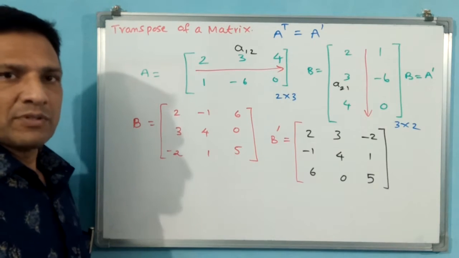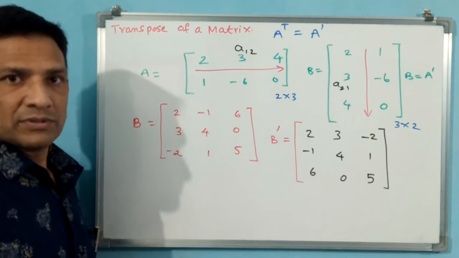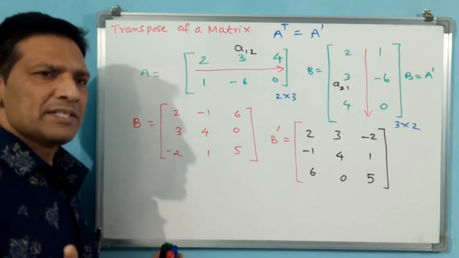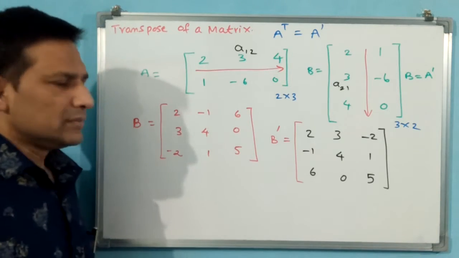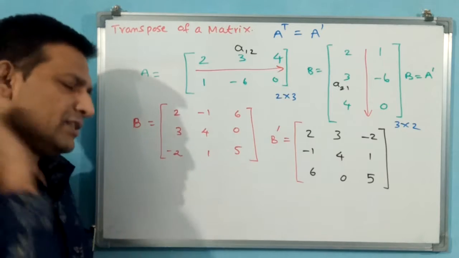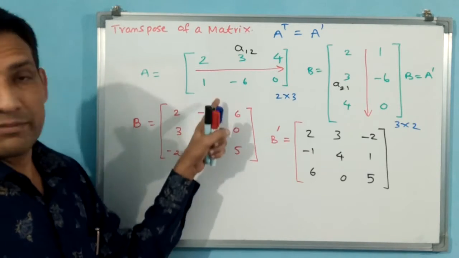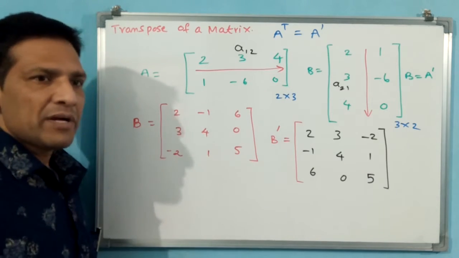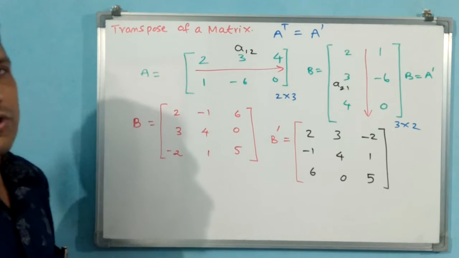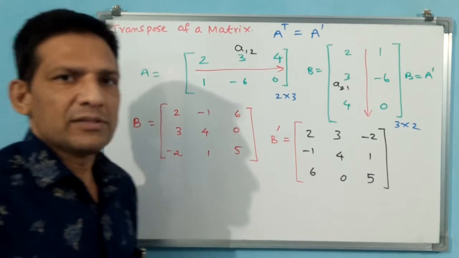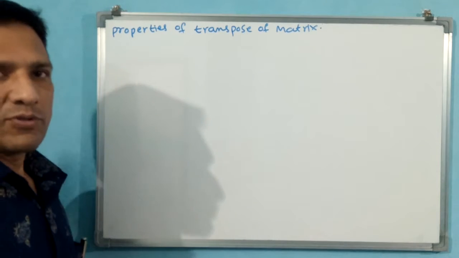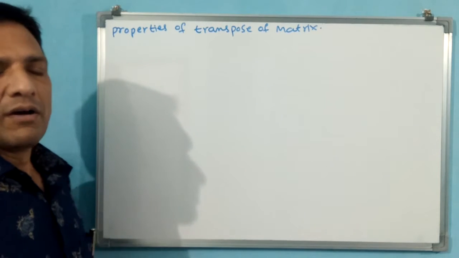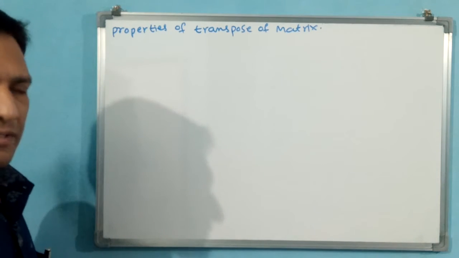Now, have you understood transpose? Then we go for the properties of transpose. We have seen what transpose is. Simple logic: change row into column. Then automatically the element order is also going to be changed accordingly. Here you are not multiplying, you are not deducting, but you are simply changing rows into columns. Let us see properties also. See, properties of the transpose of a matrix. One new operation we have seen, then we will see properties also. What is the effect?